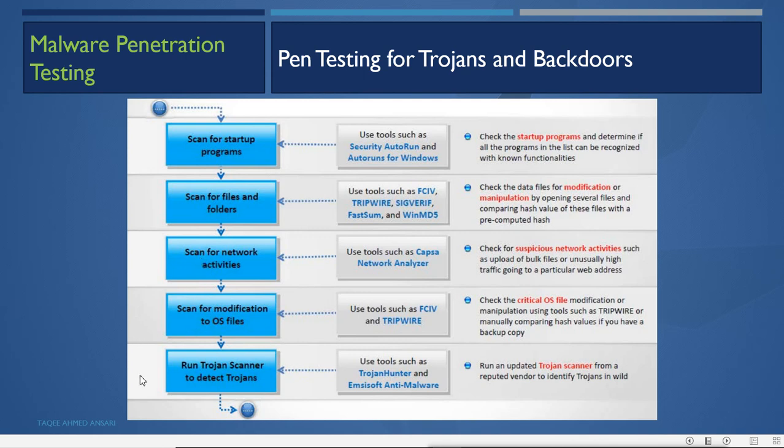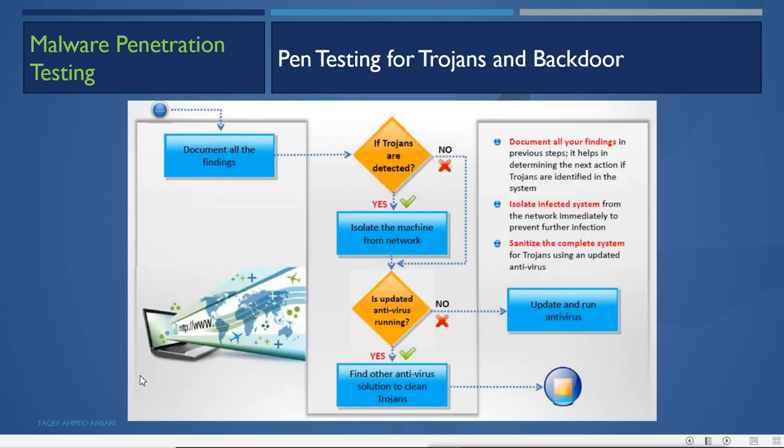Then document all the findings. If Trojans are detected, isolate the machine from the network. If not detected, check whether the antivirus is updated. If no, update the antivirus, and if yes, find another antivirus solution to clean the Trojan.